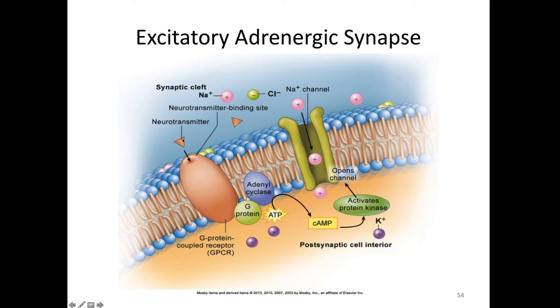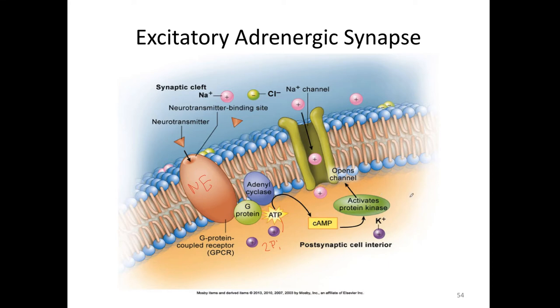So here we have neurotransmitter. Let's say, for the sake of argument, it's norepinephrine. And it's going to bind to its binding site on the G protein coupled receptor. So let's write norepinephrine on here, just for funsies. So here's a G protein. And when this binds to this, there's a conformational change, so a shift in the shape of the neurotransmitter receptor that causes the G protein to activate adenylate cyclase, and that's going to rip those 2 inorganic phosphates off of ATP. So let's draw that because they haven't really completed their chemical reaction into cyclic AMP, and